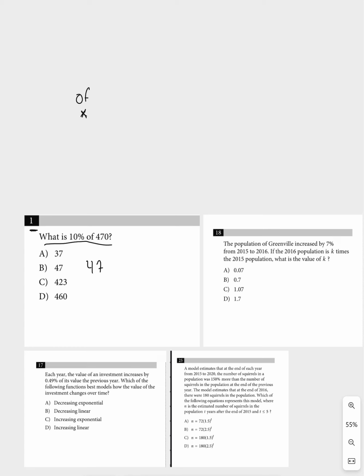Now when you multiply by a percentage, you have to change it to decimal format, so it'll be 0.10, and this will give you 47. Although it's a simple question, if you don't know the wording and what to do, it can be confusing. Now another type of question is percent